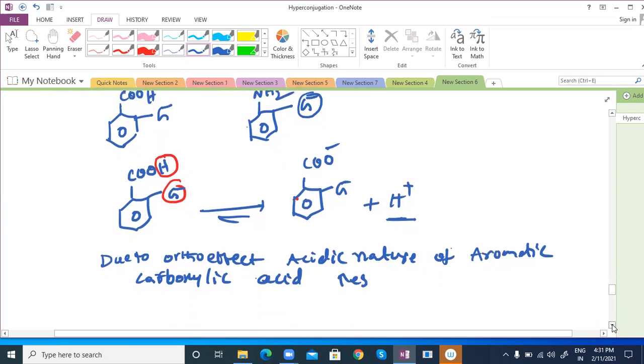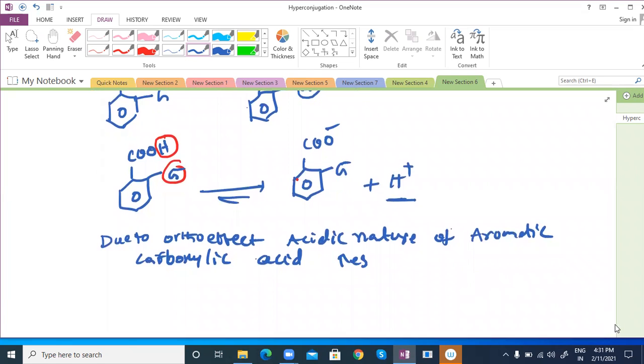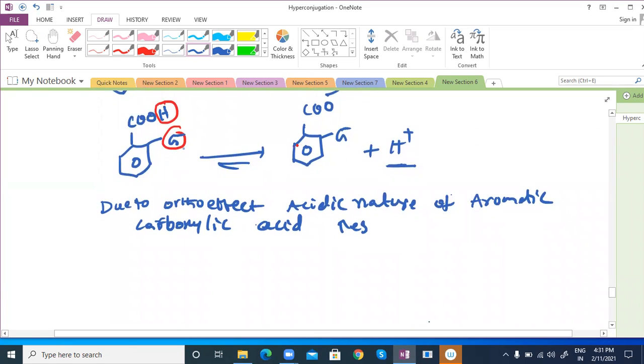Now I am going to apply this to aromatic amines. That group, irrespective of whether it is plus M or minus M, or you may take plus I or minus I, only in a few cases it may differ; if there are exceptions, we can see those later. But the basic point is that due to the ortho position, steric hindrance increases, then acidic character increases. That is the basic point.